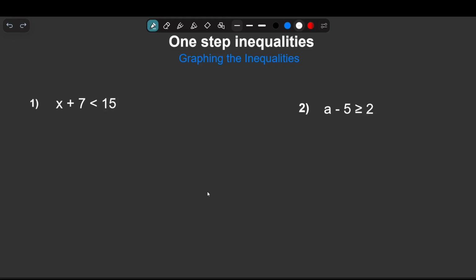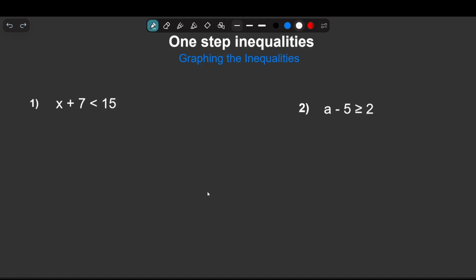In this video I'm going to cover how to solve and graph one-step inequalities. Now when we solve inequalities we want to isolate the variable. We isolate the variable to get it by itself on one side of the inequality. We do that by using inverse operations, opposite operations. So this is just like when we solve equations. Once we solve the inequality we can grab the solutions, all the values that make the inequality